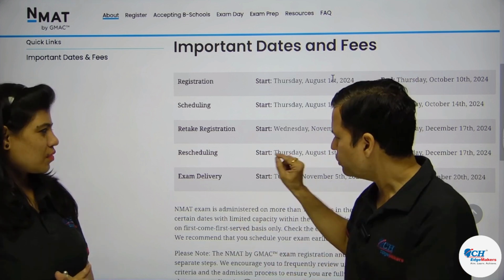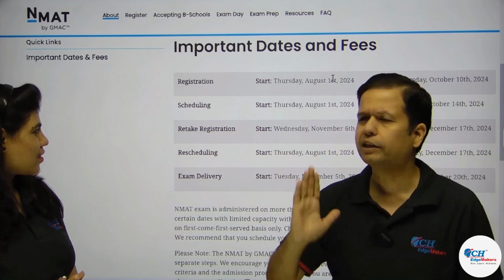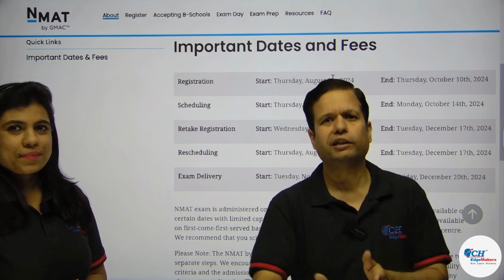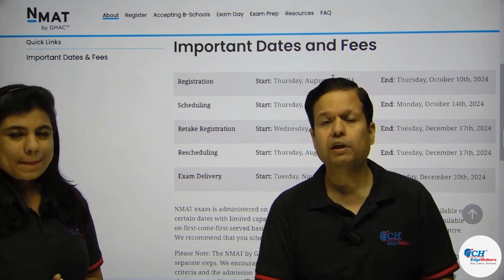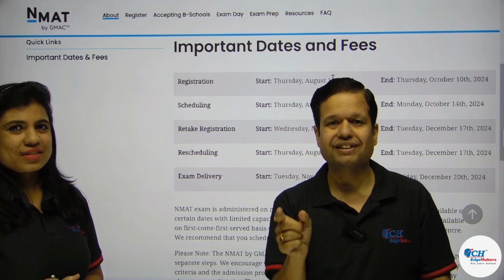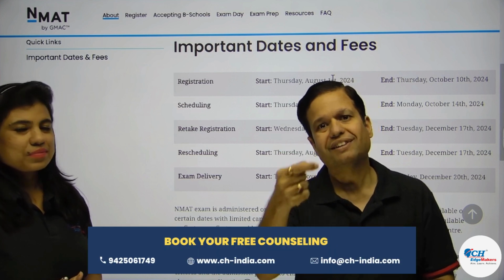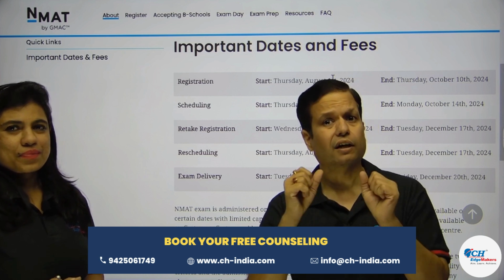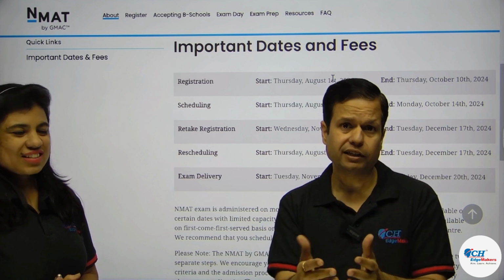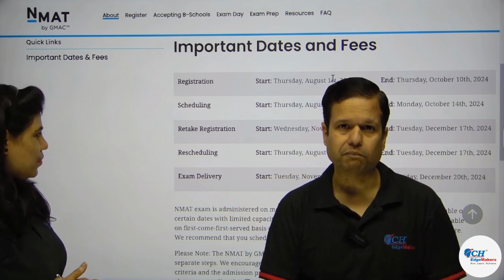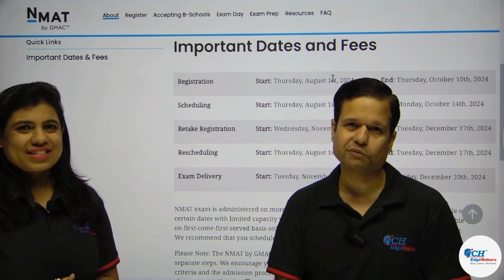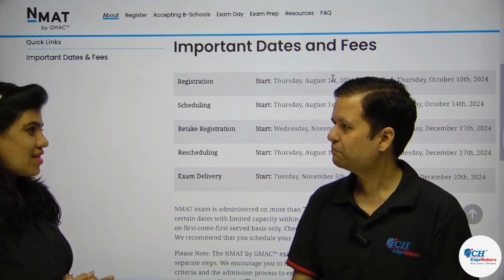Also, one more thing should be considered while retaking the exam. Let's say you have appeared in the exam and now you wish to retake it because you felt like you didn't perform well. The Mumbai campus will not consider the marks of the retake. They will only consider the marks of the first exam that you appear for. So while retaking it, please keep that in mind. For other colleges, yes, you can retake the exam and improve your scores. I think that makes sense, sir.